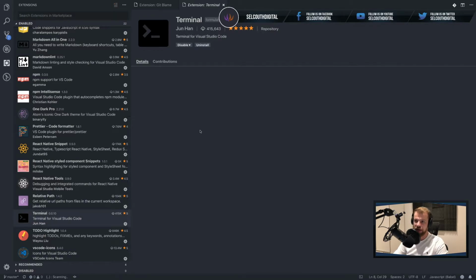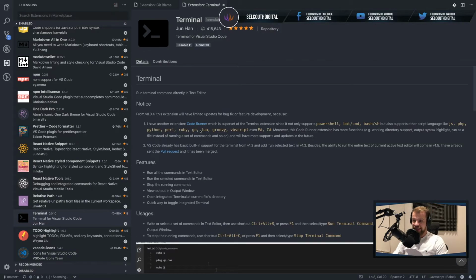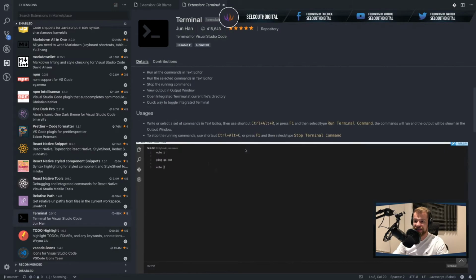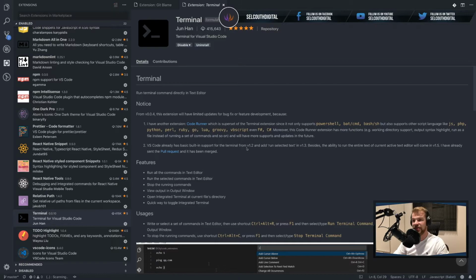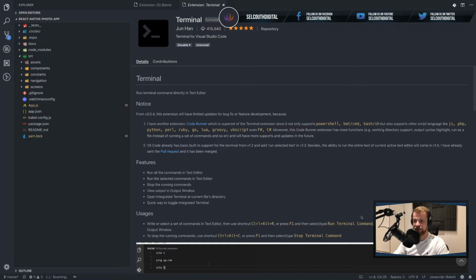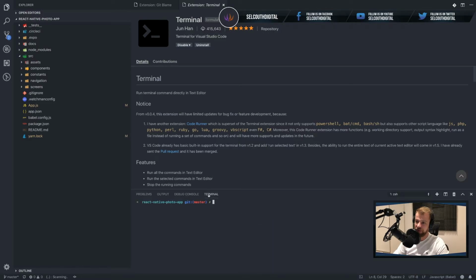I actually got it. Right, the next one on the list is the terminal, and this is by far one of them. This is like a must. It's so essential that I shouldn't even be describing it here. Some people do like to have their terminal open separately, but since they enabled that kind of option, I just can't get back to where I was before. So obviously the terminal is the command line,